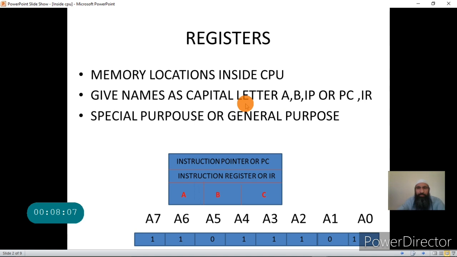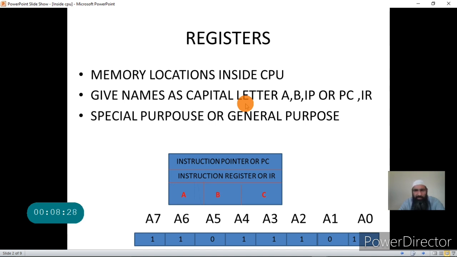Now, registers are memory locations inside the CPU. That is, these are memory locations that are present within the CPU. Why we have memory within the CPU, we will understand in this lecture.